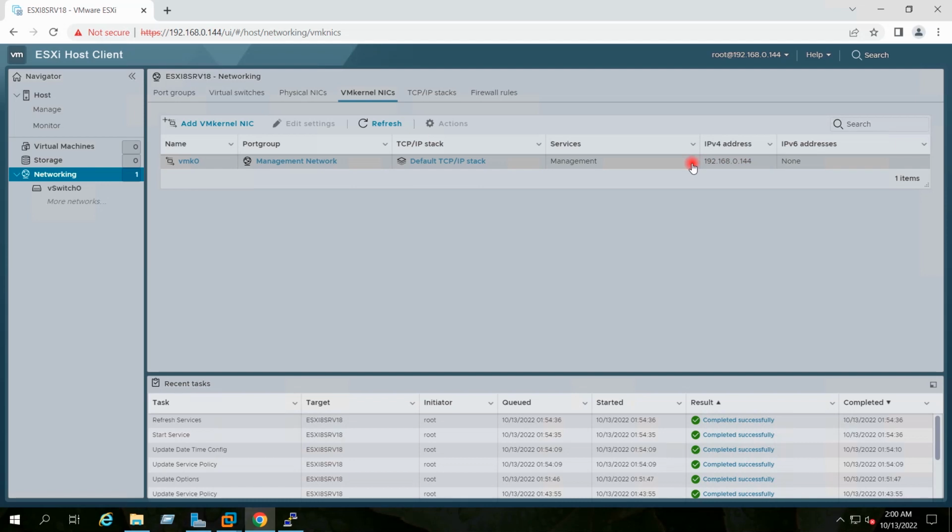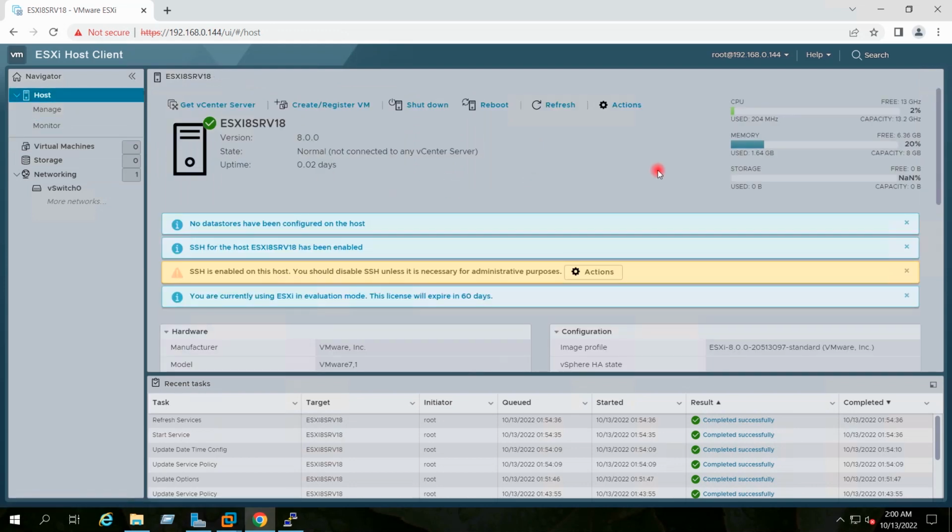If I have multiple network adapters on my host, I can create the VMkernel for vMotion and for storage also from here. This way you can install and configure the ESXi 8 host.